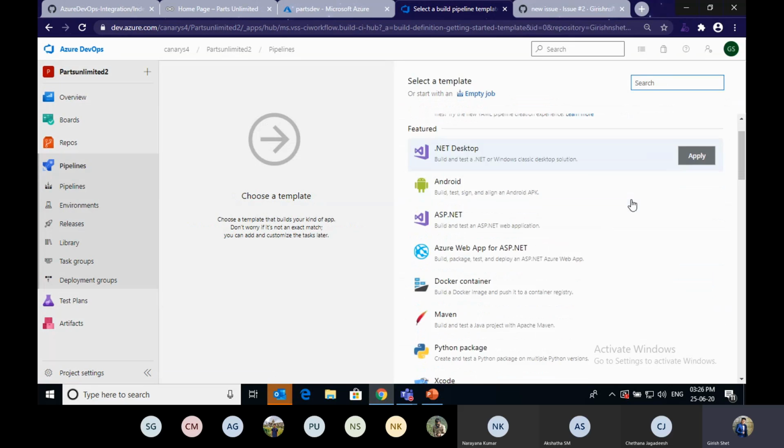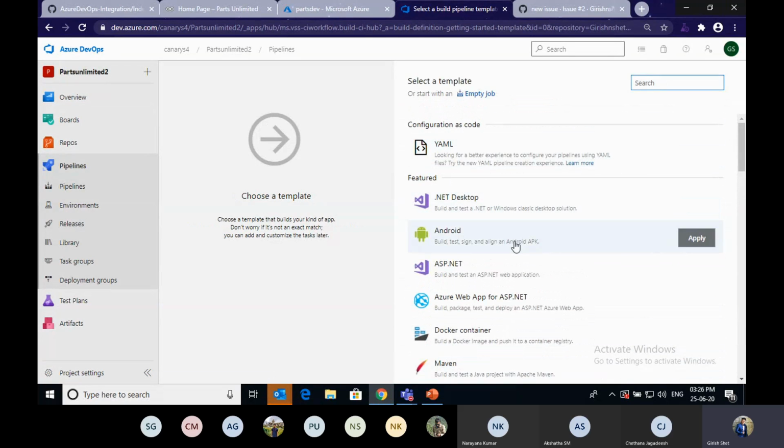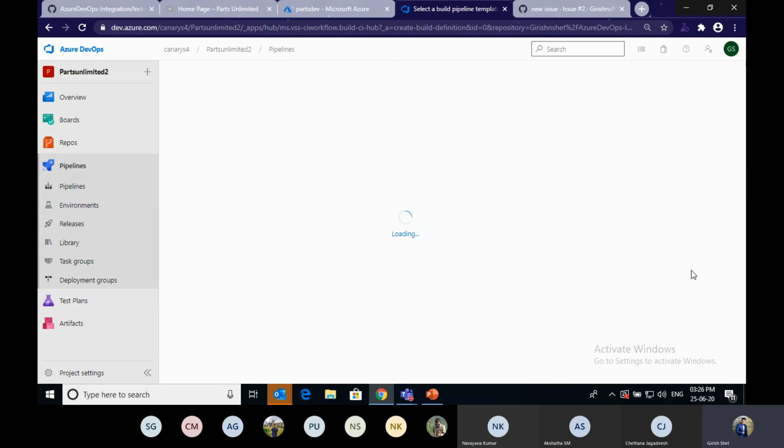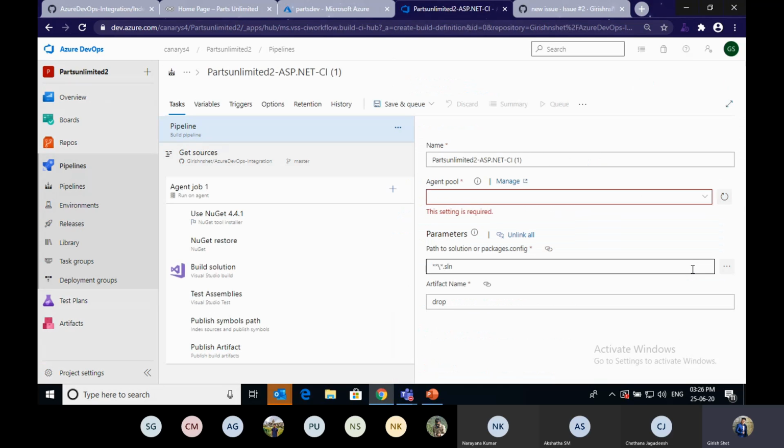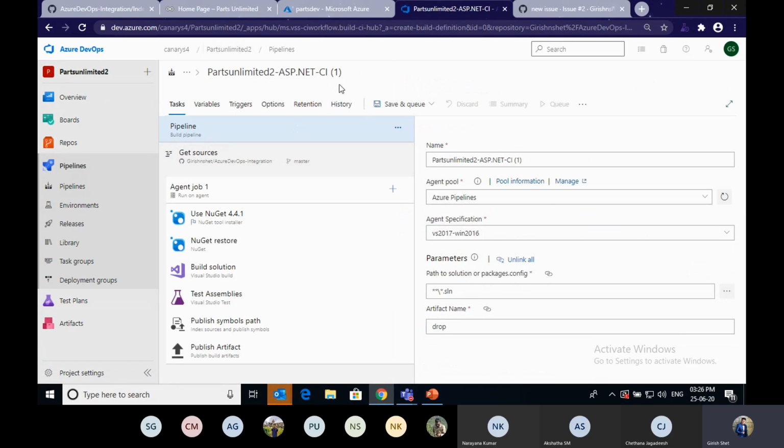If I continue, it will ask for a template. Since it's a .NET application, I'm going to choose the ASP.NET template. After that, it will give certain tasks on which agent it should run, and these are all pre-built tasks. This task is for installing the NuGet dependencies, and NuGet restore is to restore your NuGet packages.